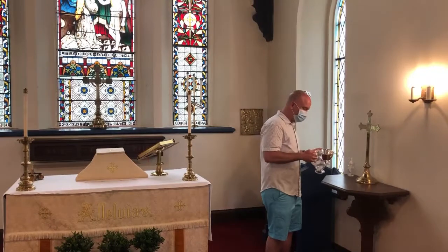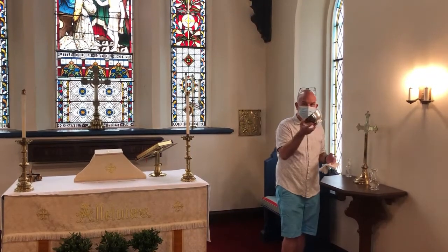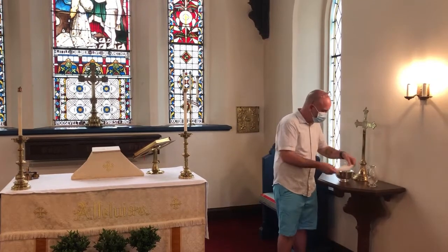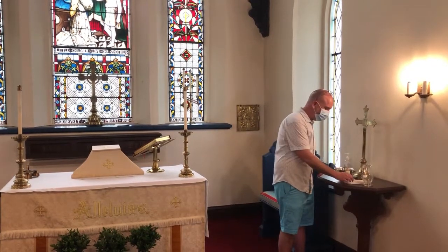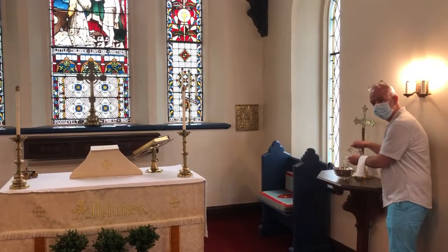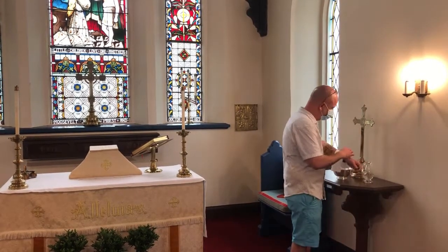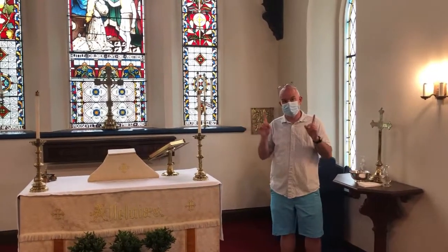So we'll come over to this side table, and the acolyte helps with the hand washing. So what you'll want to do is take the lavabo bowl, find the cross, point it outward, just because it's pretty, and we might as well see it. The towel on the right-hand side, along with the cruet of water. Because what the acolyte does is drape the towel over their arm and pour water over my hands, and then I grab the towel from their arm. Okay? So we want both of those things on this side of the bowl. So, like so. And that's it for this space, save for making sure the candles are